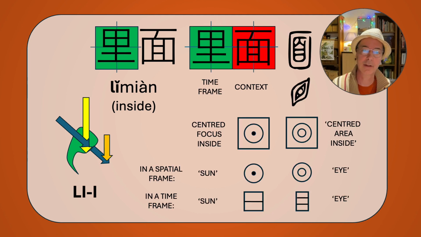And I will analyze that a little bit. So when you have two characters, the first character, as always, I will put in the time frame, and the second character will be in the third category. I have three categories: the spatial frame, the time frame, the context. It will show you the context. So what is actually the character